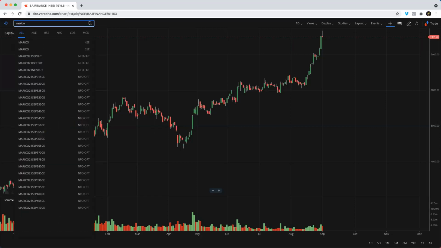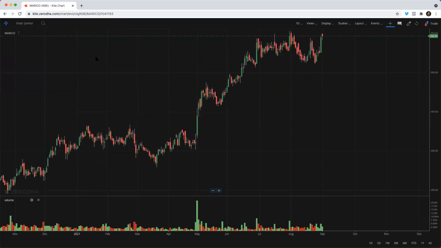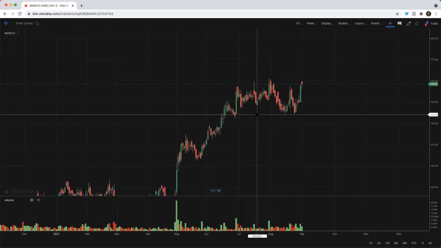Now, some other positions that we have recently taken, on Marico. Okay, so Marico, this particular stock, we entered over here. So it's been almost 1 week now. Sorry, almost 2 weeks. So we personally felt the price was undertaking a breakout. So at the beginning of this particular day, you see this big red candle. That day, we felt it was undertaking a breakout. We went for a